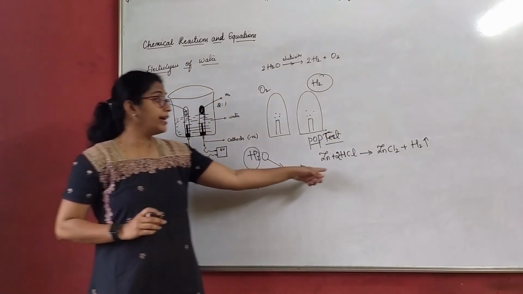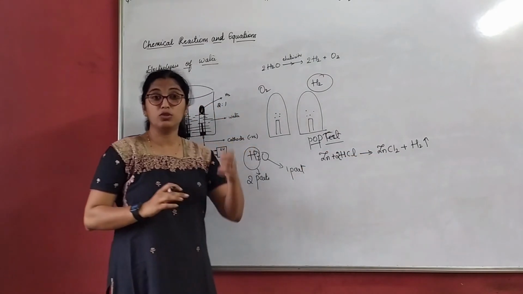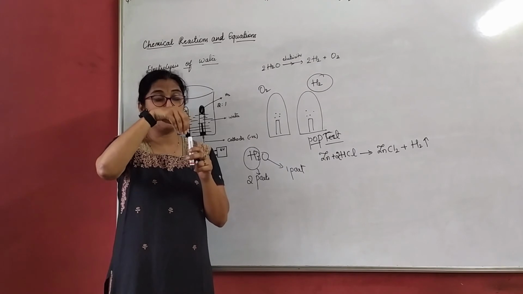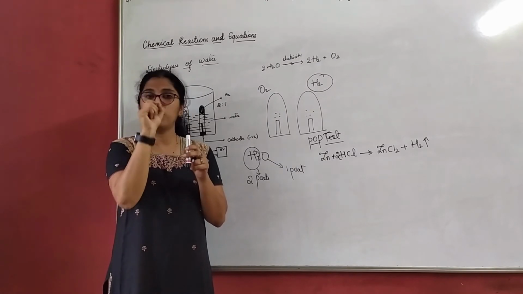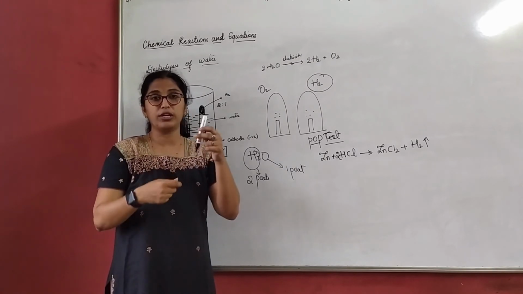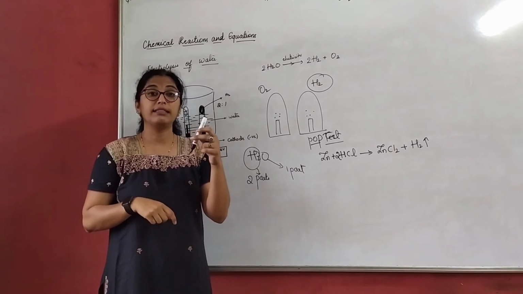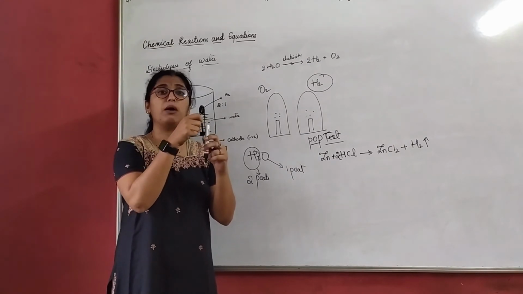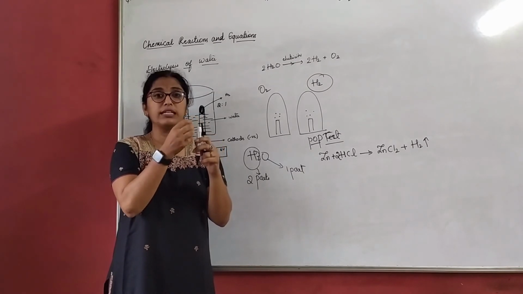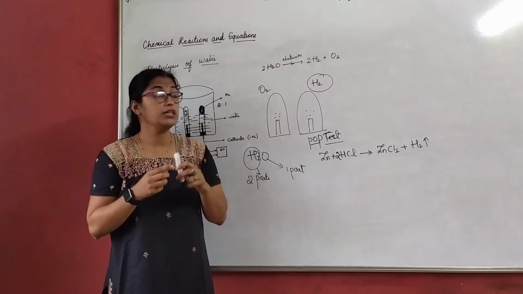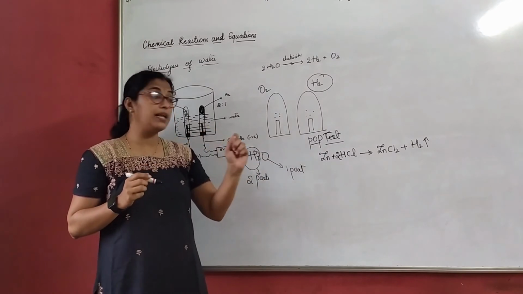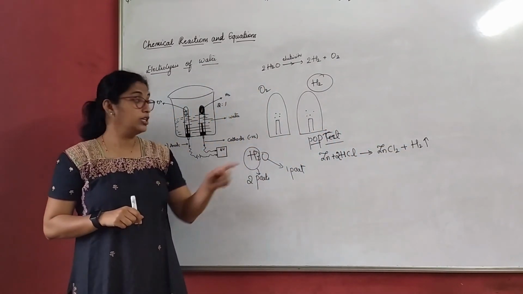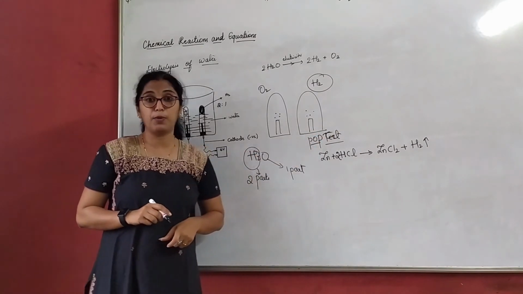That means when I conduct this experiment, assume that this is a test tube. I added a few drops of hydrochloric acid and 1 or 2 small granules of zinc to it. Just shake it and allow it to settle down. Then take a burning candle and take it to the mouth of the test tube. Within a few seconds you will hear a pop sound. That gives us the presence of hydrogen in the given chemical reaction. So this is called a pop test.